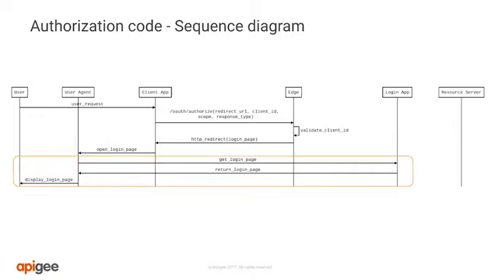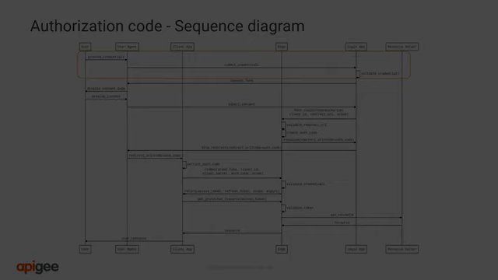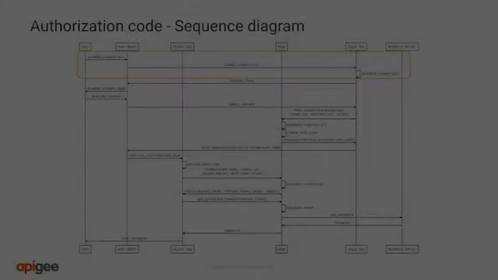The user agent sends a GET request to the login application for the login form, and that form is returned to the user agent. Notice that at this point, the user is not interacting with the client application, but with the user agent. The user enters their credentials, submits them to the login application, and then it validates them.